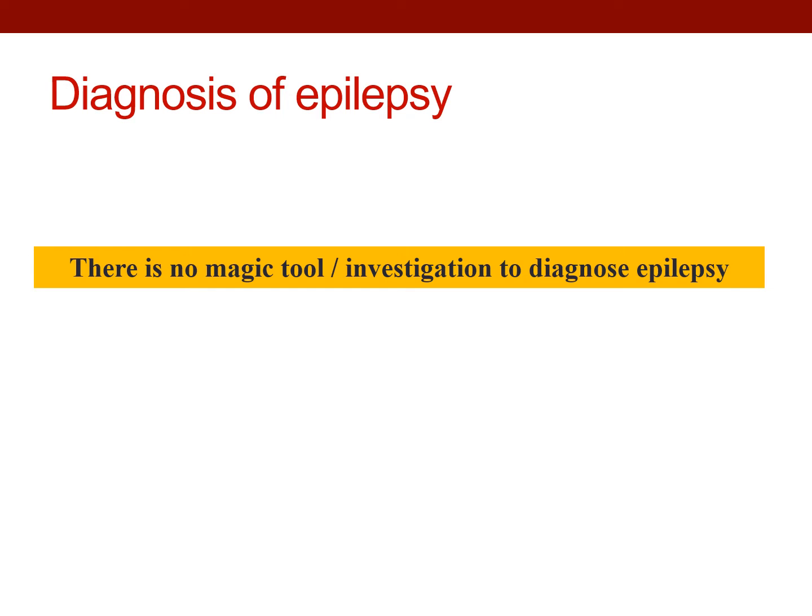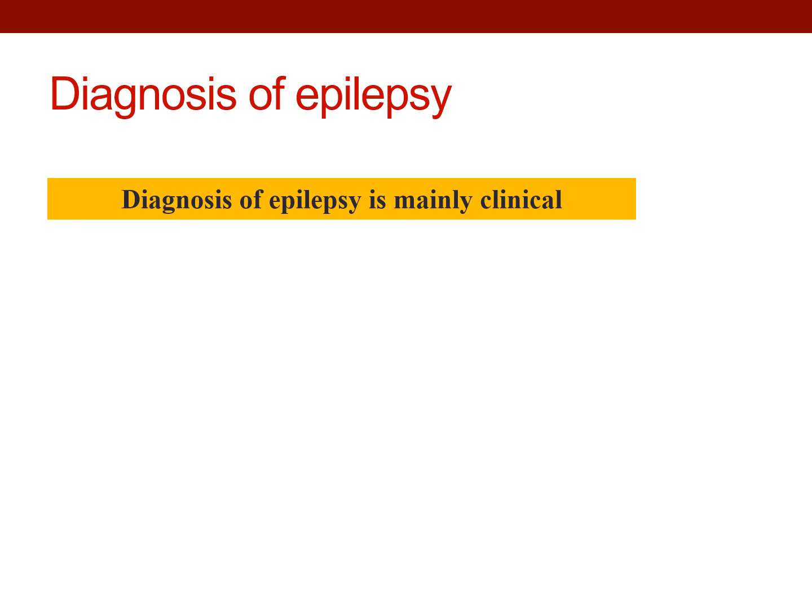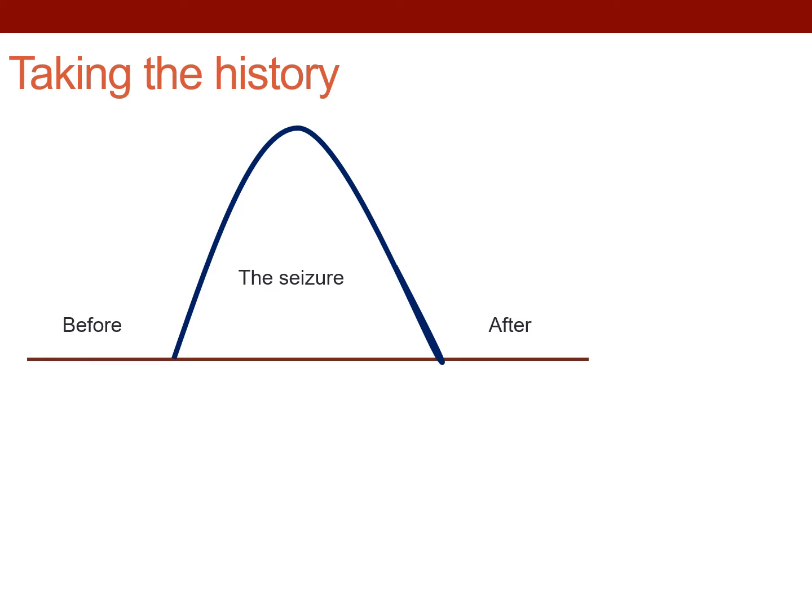So two main things come out of this lecture. One is that it is important to take a very good history. Second is to always ask for videos. When you are trying to take a history, there are a few things that you need to know. Most families will come to tell you about the seizure. They will start, for example with Amina, by saying that she was shaking all of her body, eyes were open, she was wetting herself, and so on. But usually they will forget about the events before the seizure and the events after the seizure. And honestly, these are very important because they can tell you whether these are epileptic seizures or not.